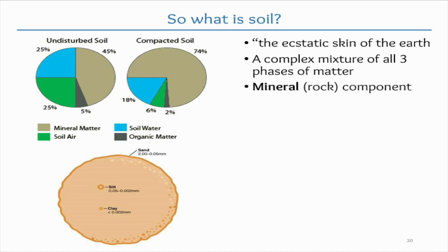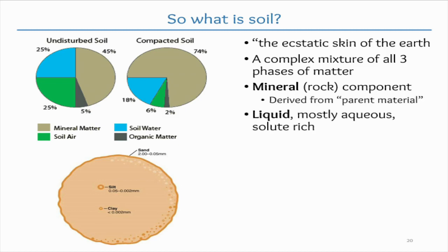Mineral. So some of you said you're dealing with clay. That's our little tiny aluminosilicate things. Get your sands about 2 millimeters or less, all the way down to 0.05 millimeters. Liquids, aqueous. Talk a little bit more about that later, because obviously one of the major issues is,